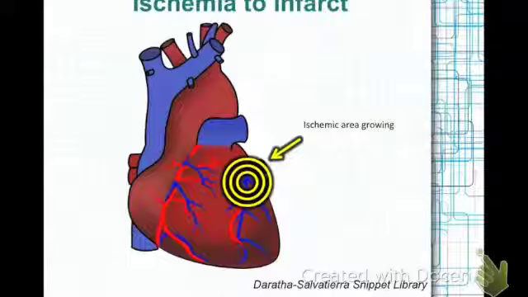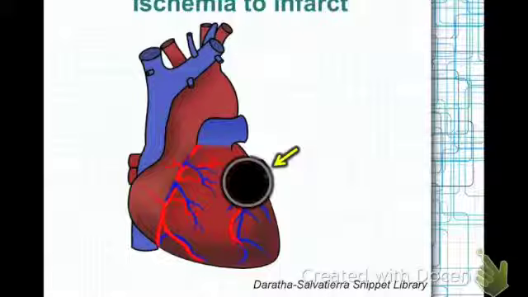What is the name of the irreversible damage of the heart muscle that occurs when the heart is deprived of oxygen? Infarction is correct. That's right, the circled area is the infarcted area. What's the term to describe myocardial tissue death? That's right, myocardial necrosis is the result of an imbalance in the supply and demand of oxygen to the heart.